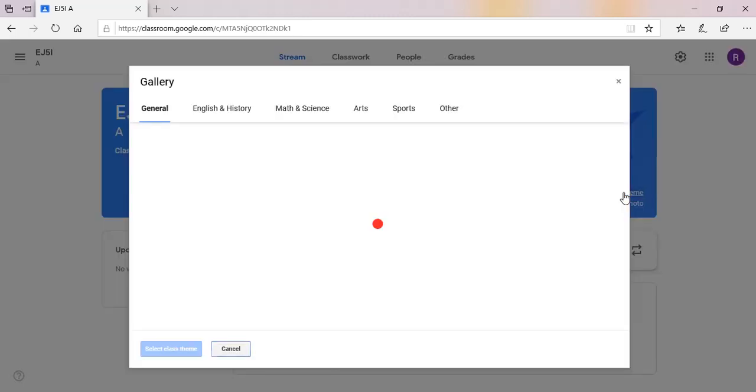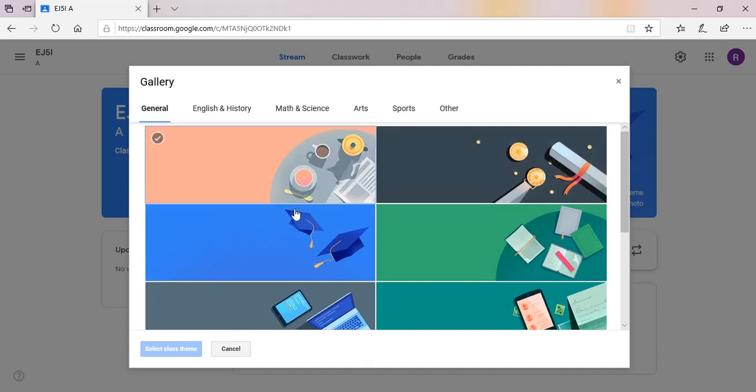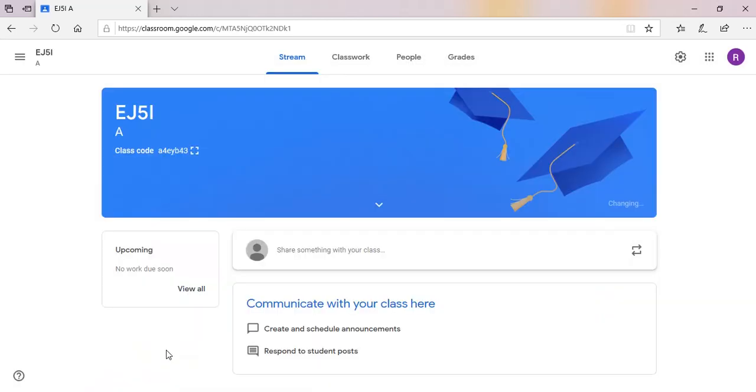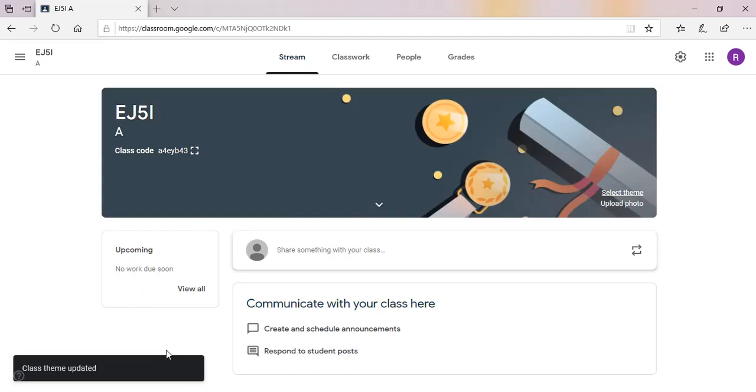A few themes are available. You can choose any theme of your choice, suppose this, then select class theme. Okay, so in this way your Google Classroom is created.